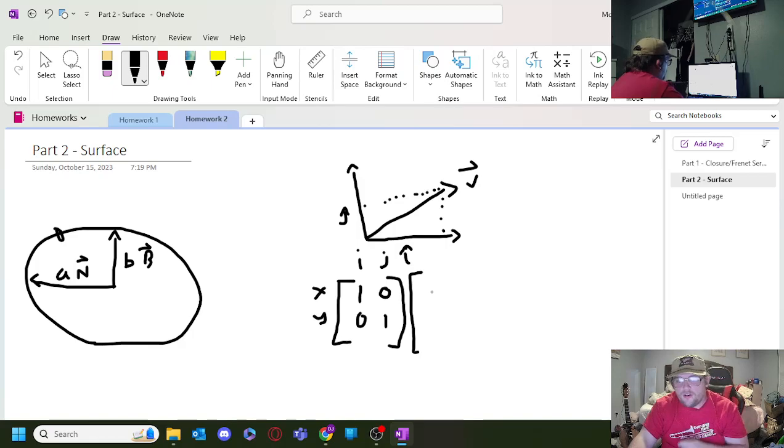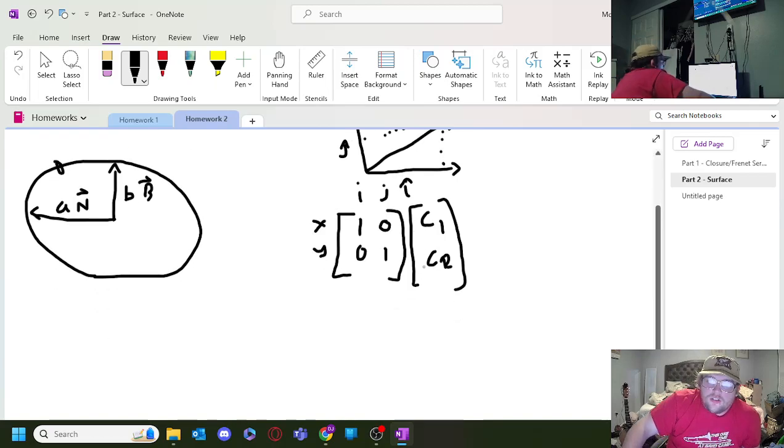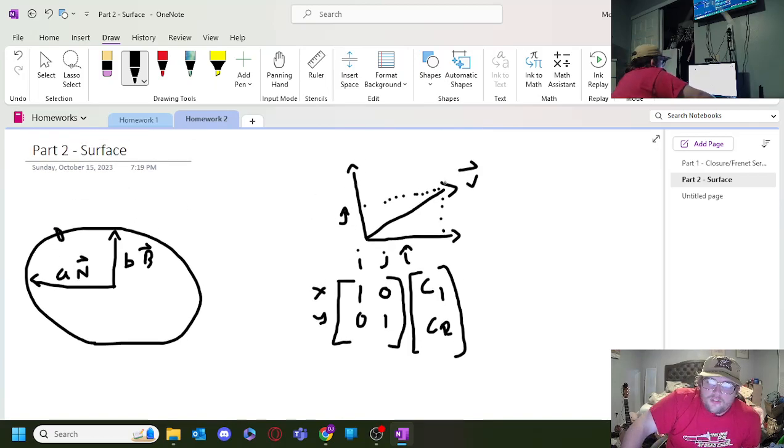And then we have another vector here, or matrix, that just contains our constants, saying since this is 1, the C1 is the magnitude, or the length of the vector. But, say for example, we wanted to rotate this 30 degrees up to here,